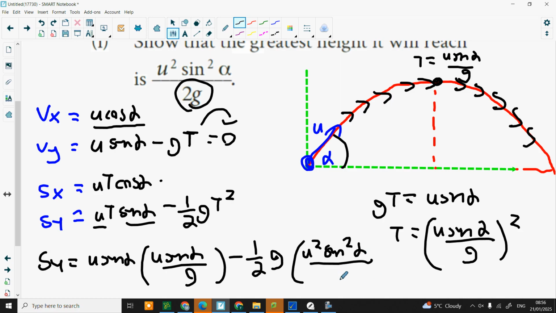Don't square the angle, just square the function. Okay, and on the bottom, g squared. You guys are familiar with that type of writing already, with the square in the weird position? So you're familiar that sine alpha squared is the same thing as sine squared alpha. Okay, so we're good with that. All right. Now,